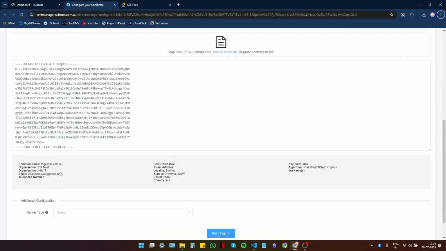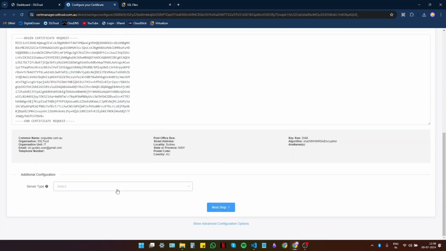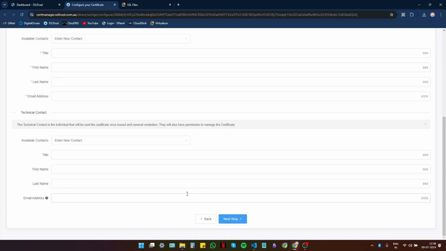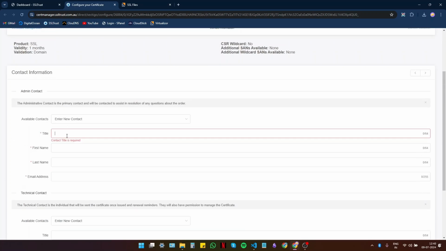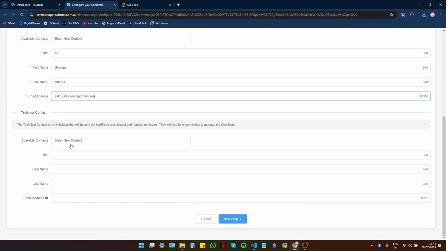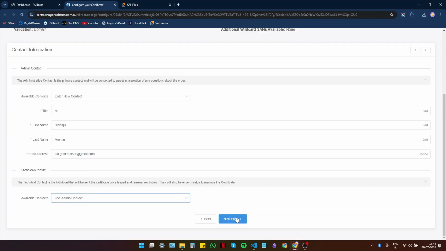And if these details look good, then we're good to go. Server type, you can select any, or Nginx Apache, since Virtualizor has provisions for all of them. Click on Next Step. So now fill in these details real quick. Now, if you have a technical individual doing this for you, you can use admin contact, otherwise click on Next